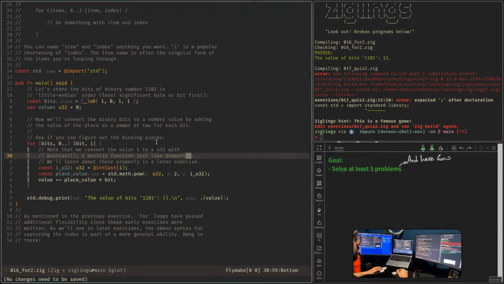Yeah, this is solved. As mentioned in the previous exercise, for loops have gained additional flexibility since these early exercises were written. As we'll see in later exercises, the above syntax for capturing the index is part of a more general ability. Hang in there. Okay, that's cool. And what we did is basically,